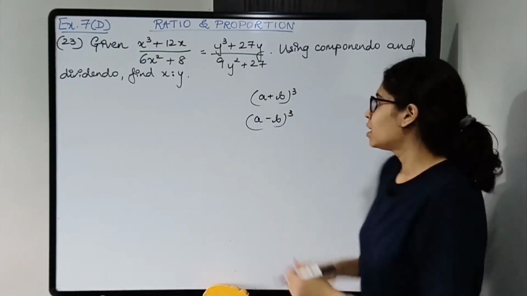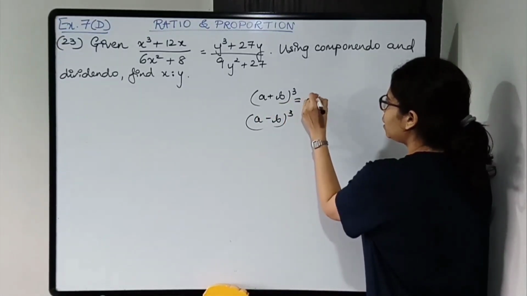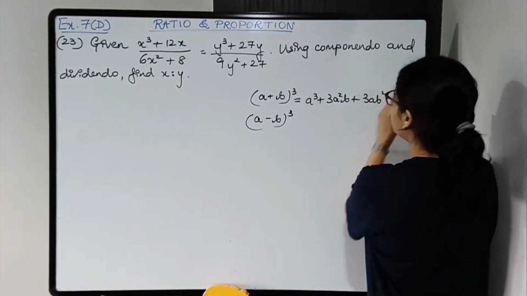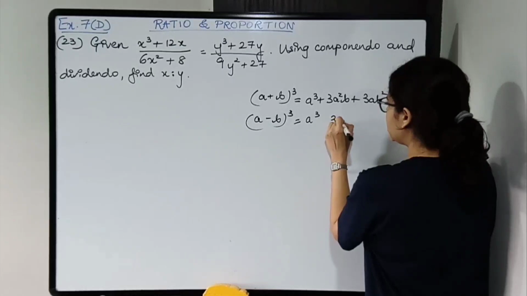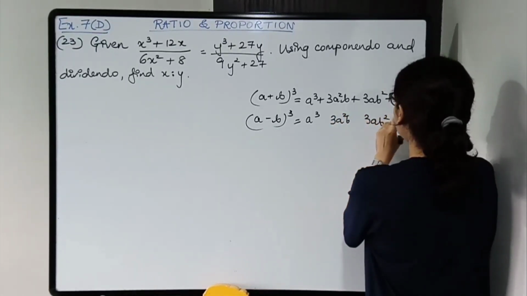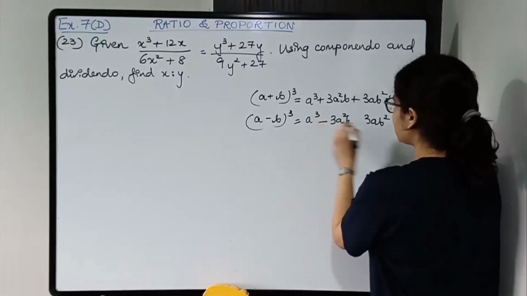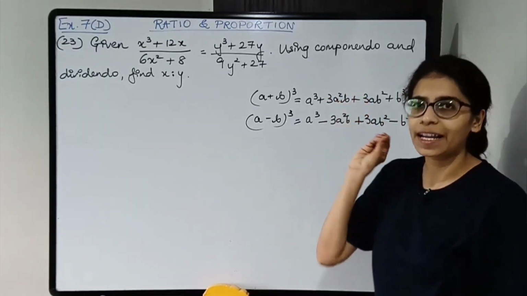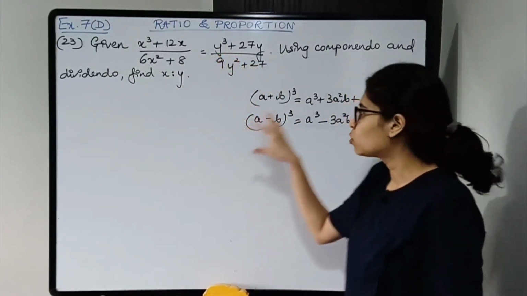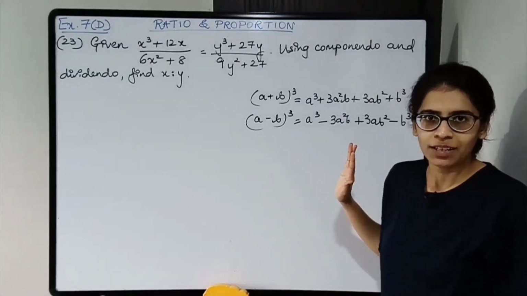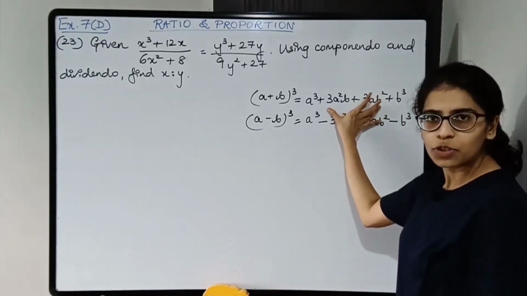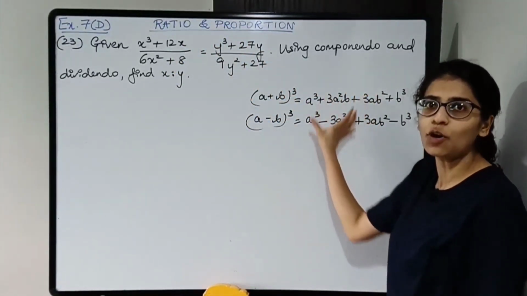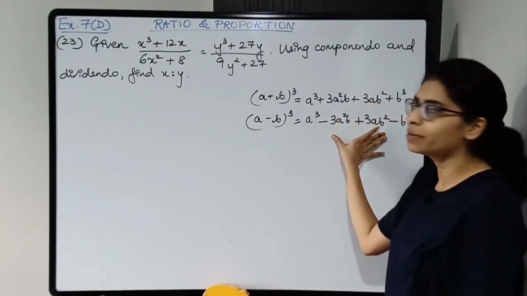Okay, because this will give you a cube plus 3a square b plus 3ab square plus b cube, and here same terms. Okay, terms are same, the signs will change, plus minus, simple. So you're just supposed to remember these two identities. If a cube is visible, this formula will apply. Okay, now you are given in this form. You will get both the sides LHS and RHS in this form. Okay, we will get it in this form. Numerator will be in this form, denominator will be in this form.